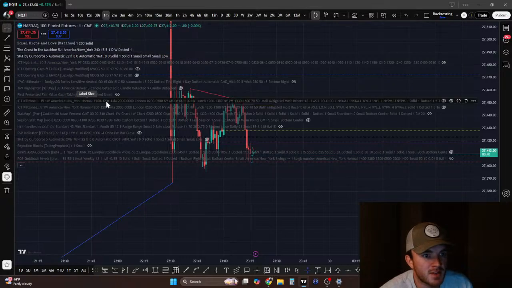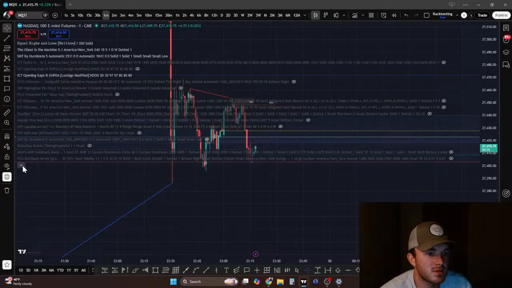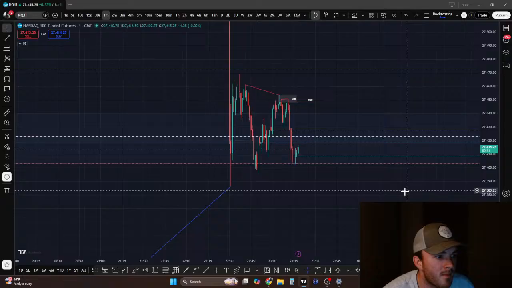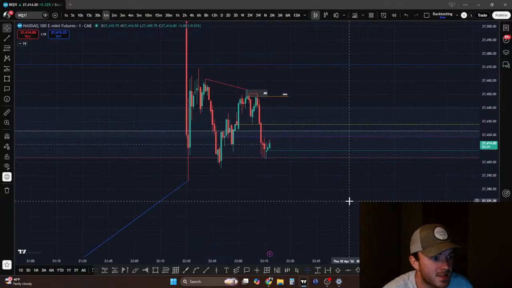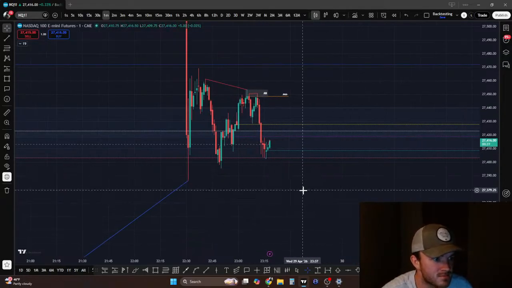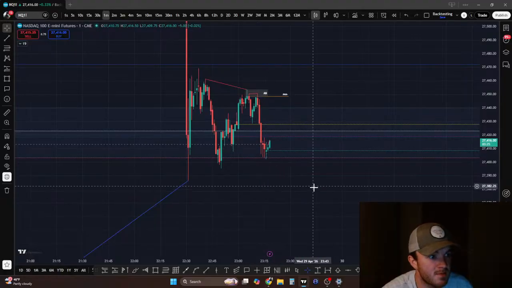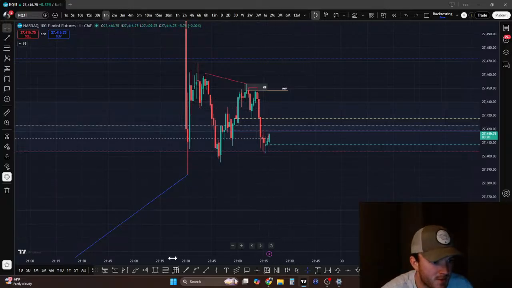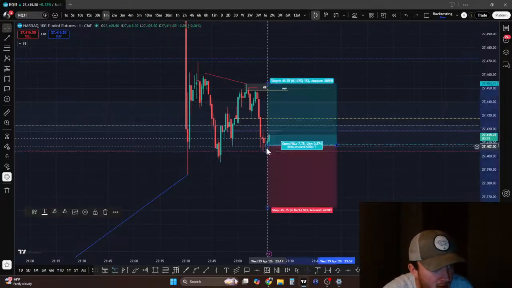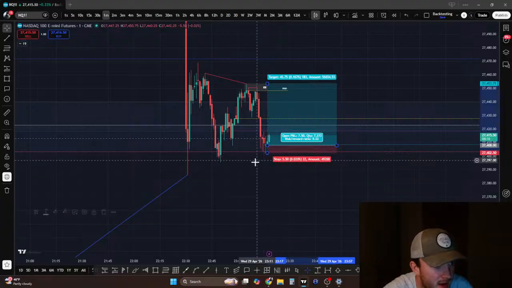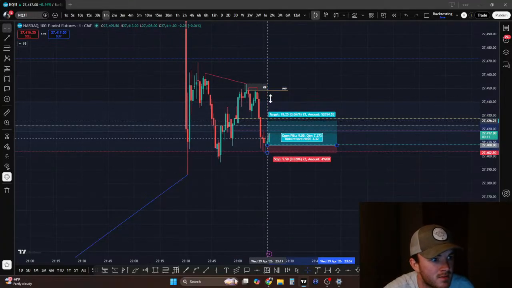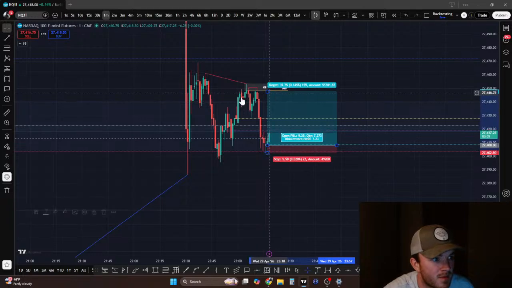Okay, let's check New Day opening gaps. Hey, it's off of the bottom of the New Day opening gap. Maybe that means something. It might. So this might be a trade, but it might not be. I don't know if it's that high probability, but maybe we run back up the other side.